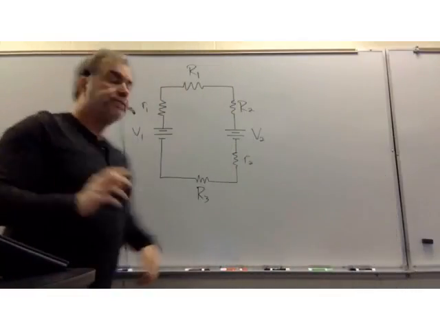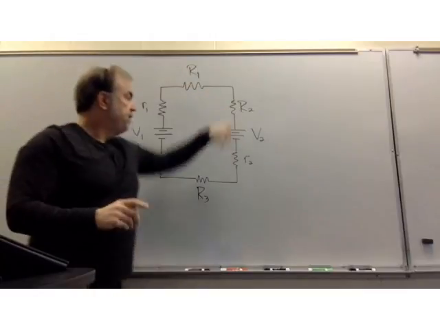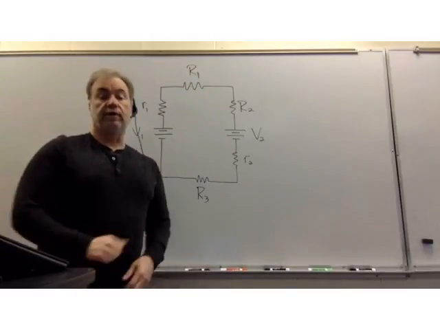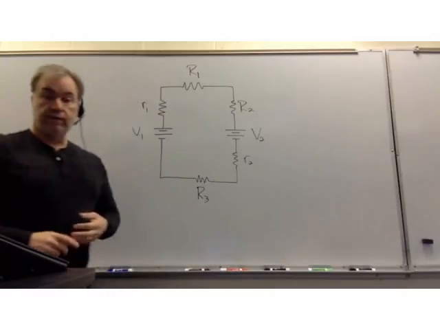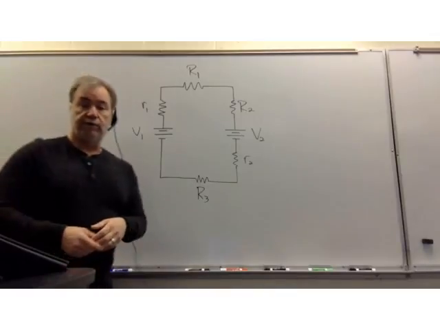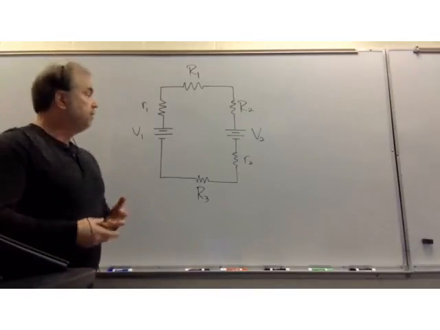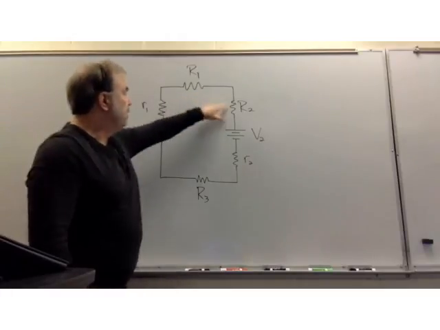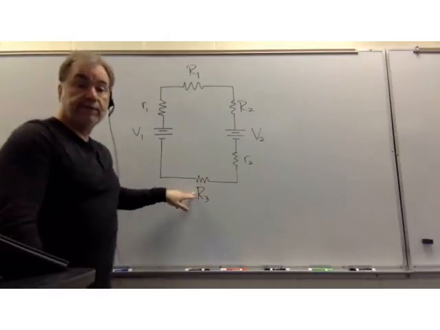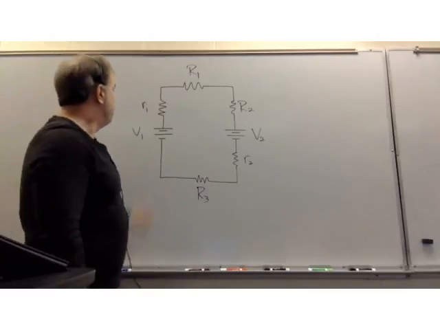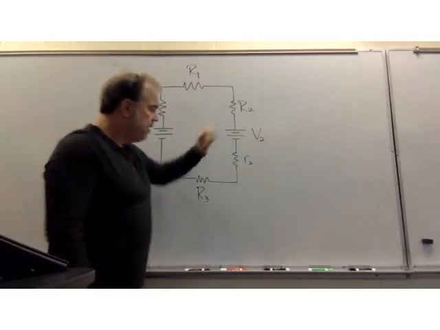Okay, so what's going on here? Well, first of all, each one of these resistive devices is, you can imagine, some sort of electronic device that you want to operate by running a current through it. So you have a toaster and a vacuum cleaner and a television and whatever else you may have. Those are the three big resistors, the capital R symbols for those. As for the little r's here,